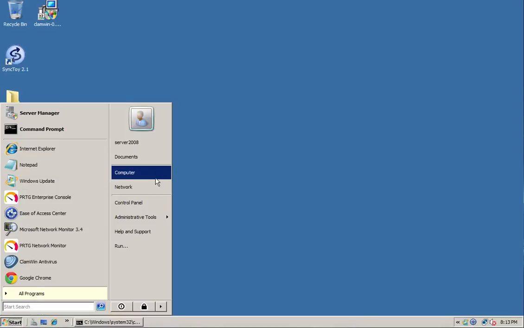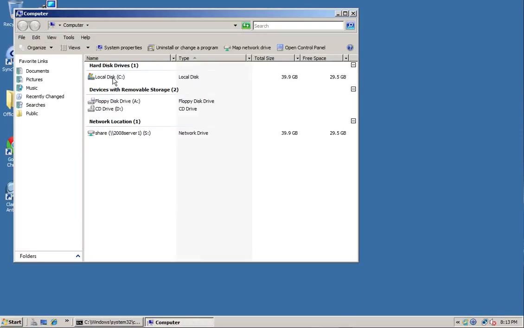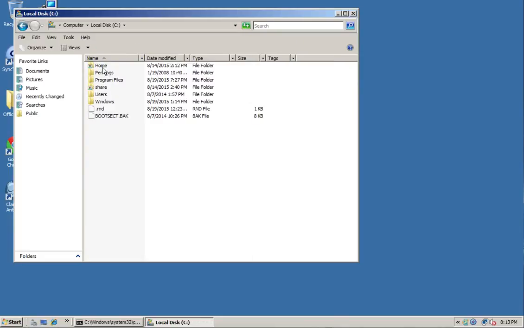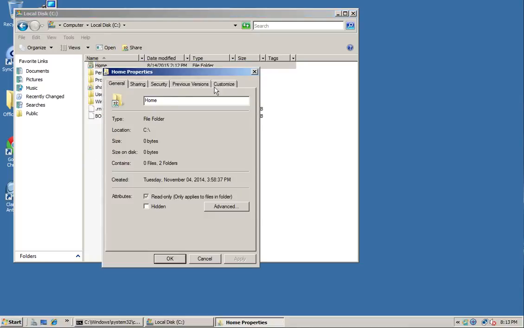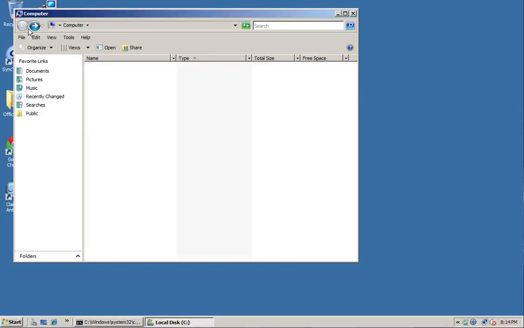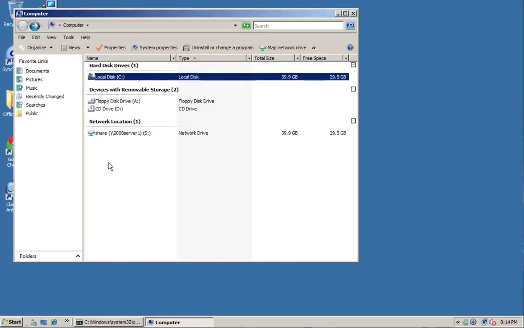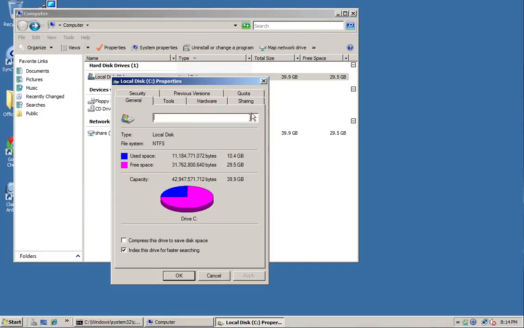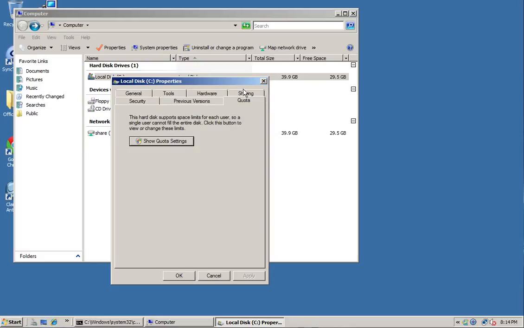So the first thing we need to do is go to computer, and we need to enable disk quotas on our server. We've got a couple of shares. We've got home and we've got options there. So we need to do it at the volume level. And we haven't got lots of disks in our virtual machine. We've just got the one. So we need to do it at this volume level. So you right click and go to properties,